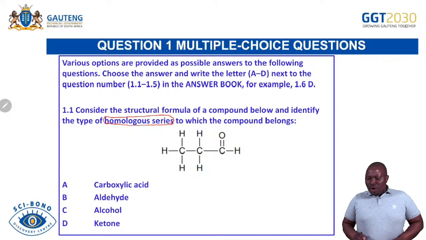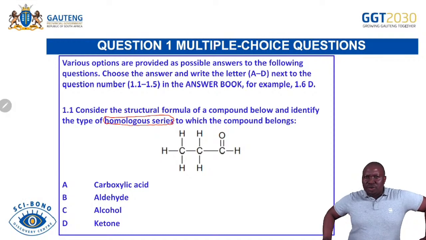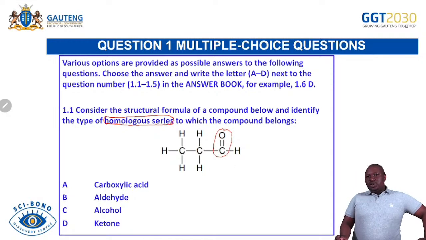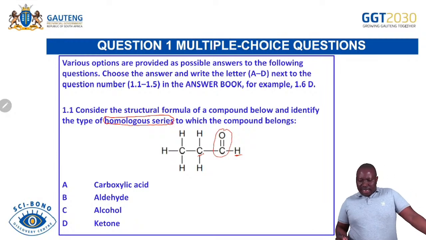Look at the functional group first to say what is that when I remove from this structure, this will become a hydrocarbon. So if I remove, for example, C double bond O, you can see that this will become a hydrocarbon. So you know that our functional group must have to do with C double bond O. However, this C double bond O must be attached to a carbon and attached to a hydrogen.